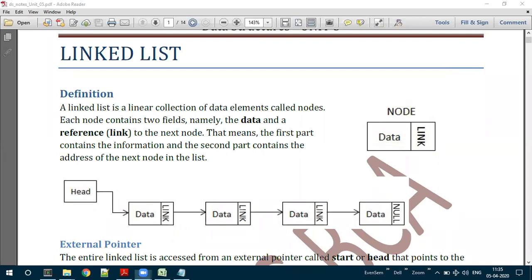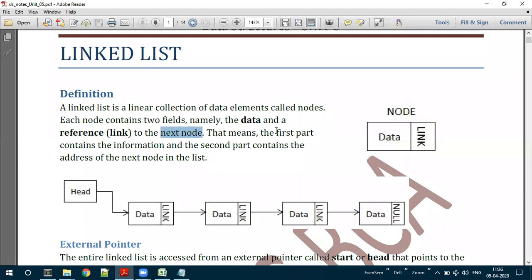I hope the definition is understood now. So what does the definition say? A linked list is a linear collection of data called nodes. Each node contains two fields, namely the data and the reference. Reference is nothing but the link to the next node.